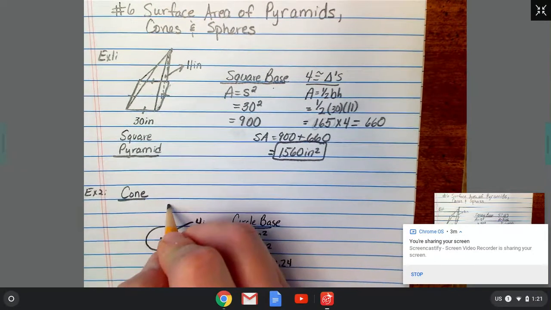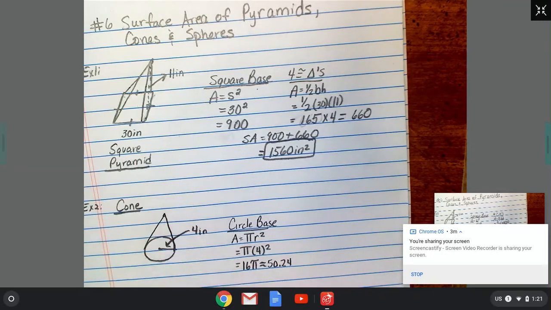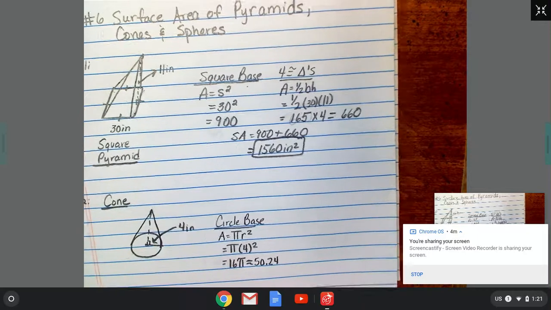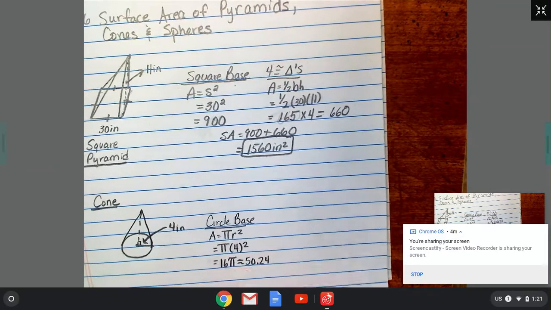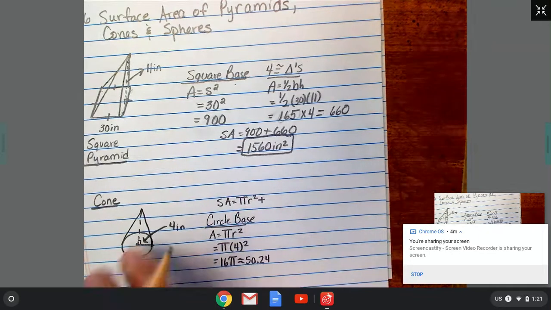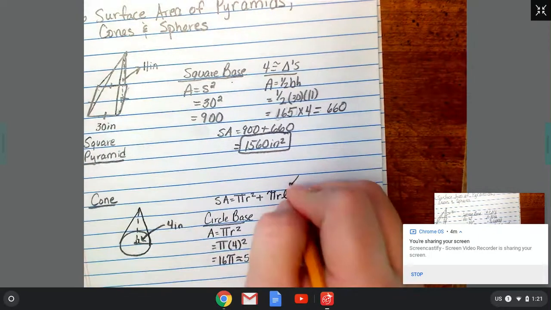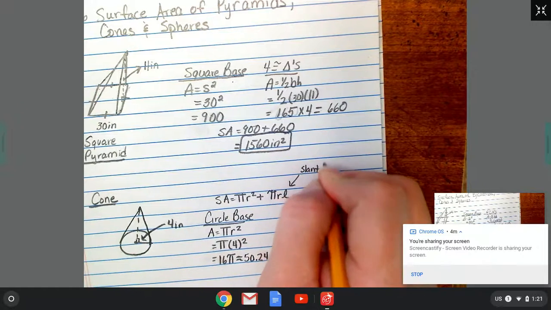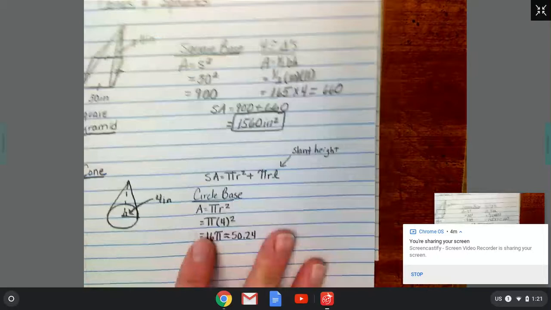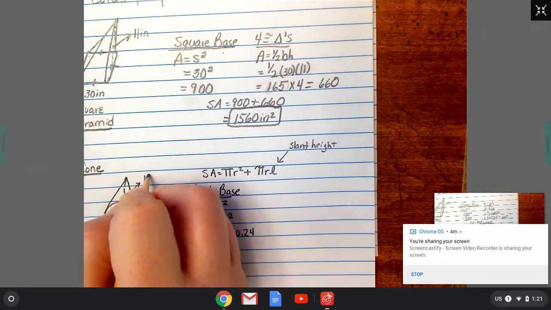Okay, well, a cone has a point up here on the top, and it has these curved sides. Okay, so for our cone, for the rest of it, we have to do not only pi r squared plus, to do the sides of this thing, it's pi r l. Okay, and L is the slant height. Okay, a while ago they gave me a slant height on this one. This one doesn't give me a slant height, unfortunately. So it gives me 10 inches.